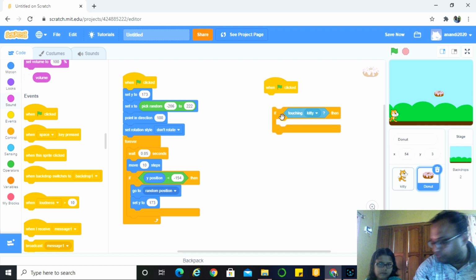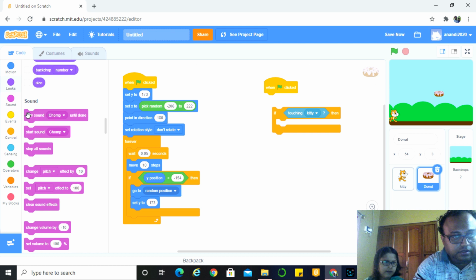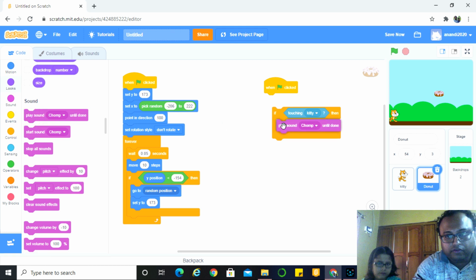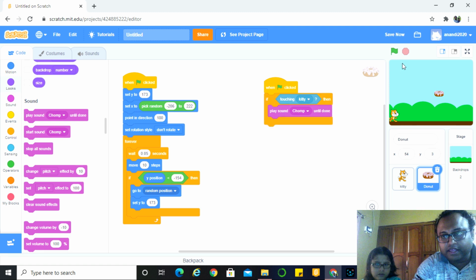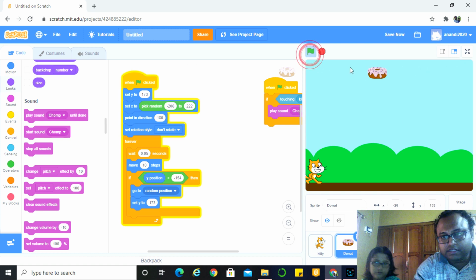Now when the donut touches the kitty, we want a sound, like chomp. Okay, so if it is touching the kitty, let's play a sound. You can record your voice also.